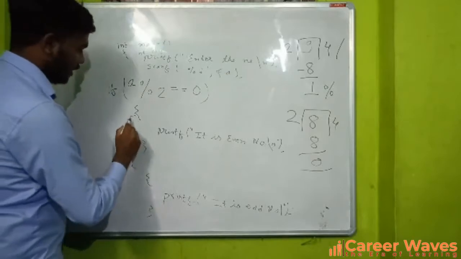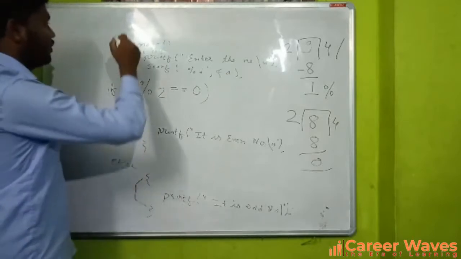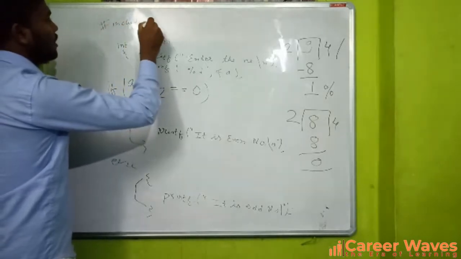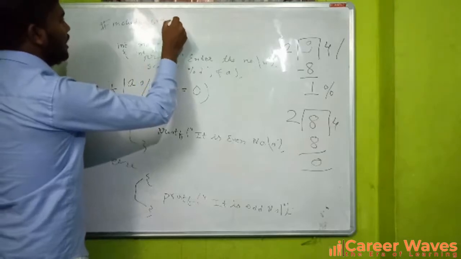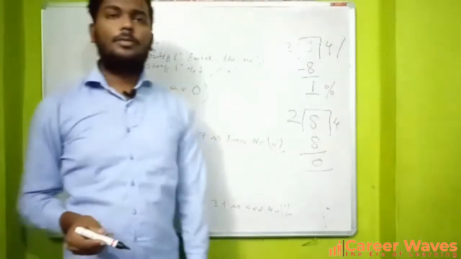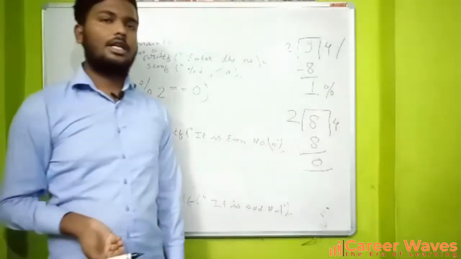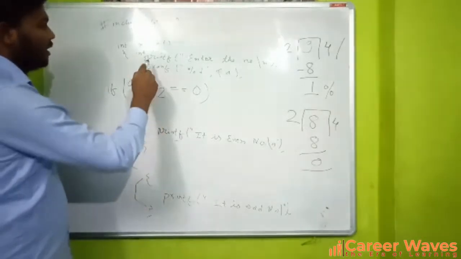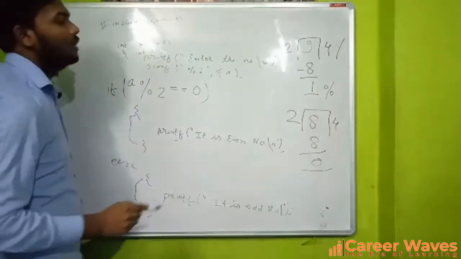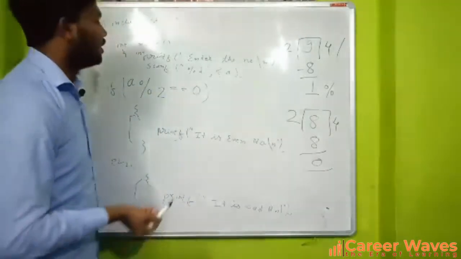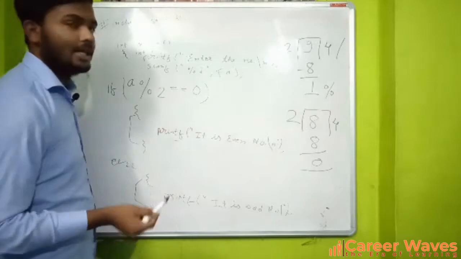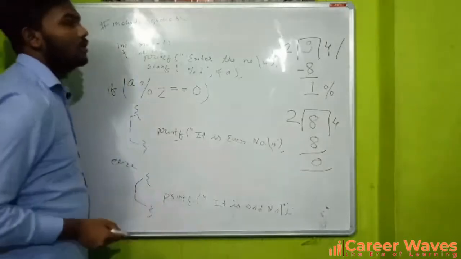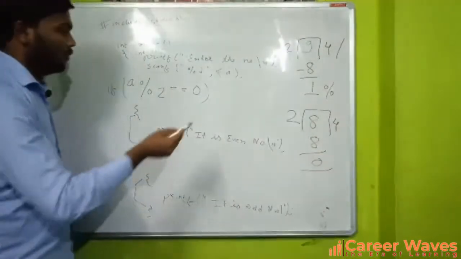Then we should also include the preprocessor, that is hash include stdio.h. There are various preprocessors. From that, what we should include is, see here we are only performing standard input and output, so stdio.h is enough. Further, if we use any mathematical expression like sine theta and cos theta, for that we could include math.h.